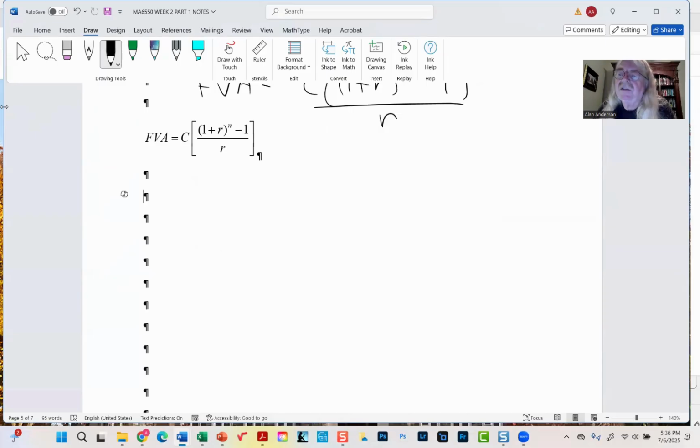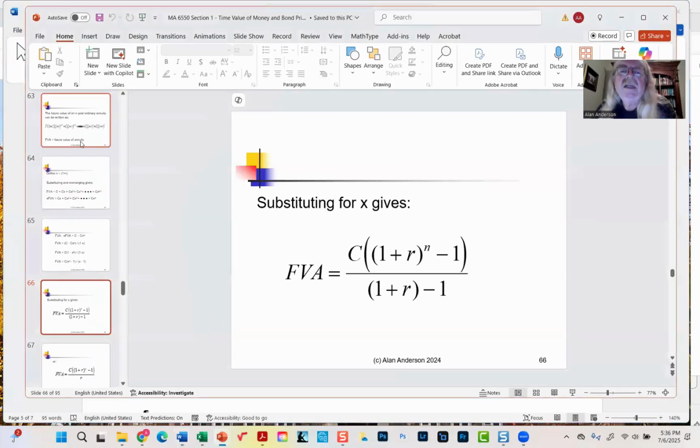Now, of course, in a case like this, if you were looking at trying to figure out the future value of a perpetuity, it would just be infinity. So there's no mystery about that one. All right. Now,